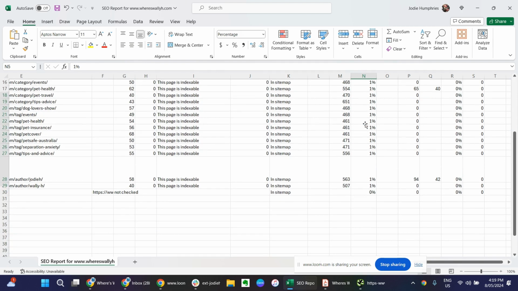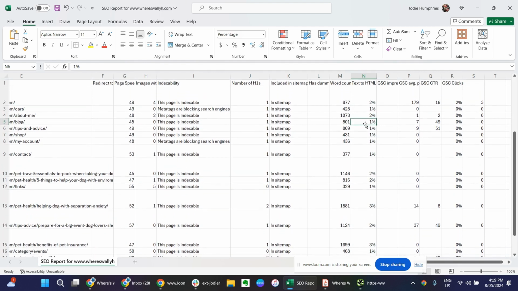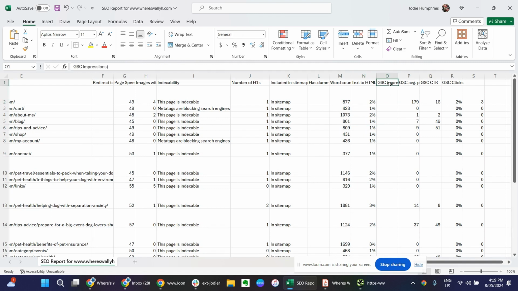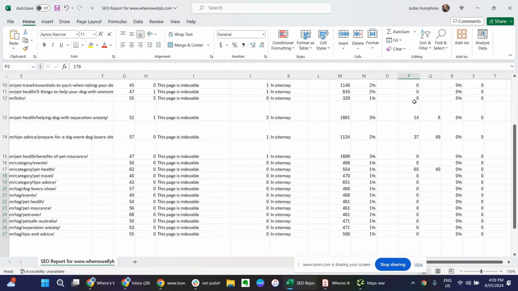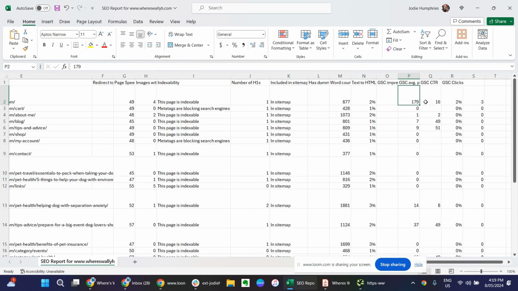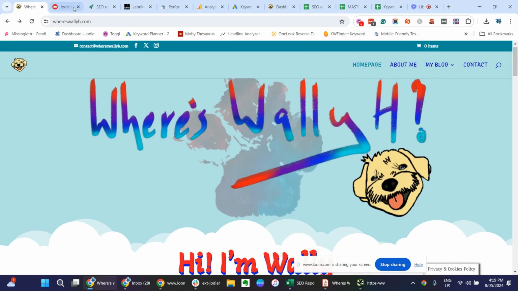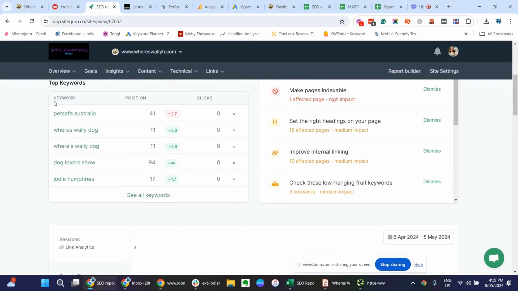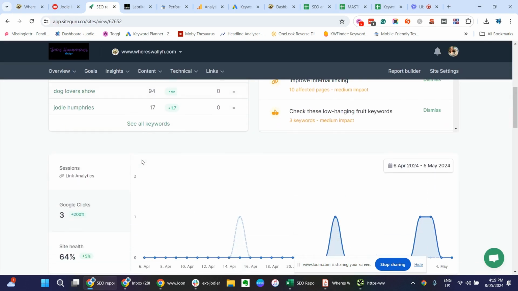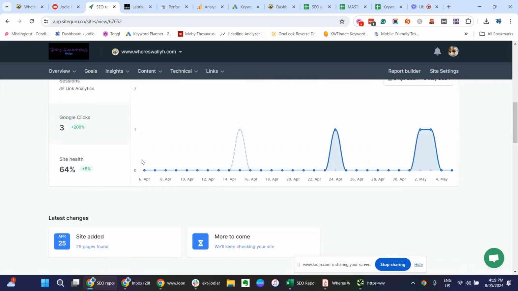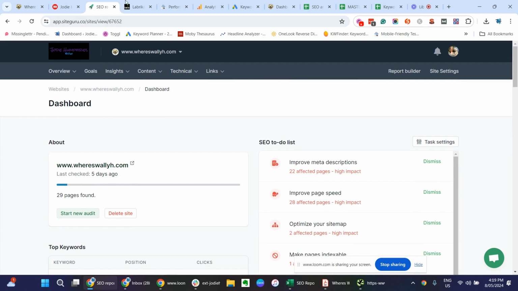It's probably good to have more text than HTML. But the benefit of doing this with Wally's site, because I obviously own it, is that I have access to the Google Search Console and Google Analytics, which means I have this extra data that won't be in anybody else's spreadsheet if I send it to them. That gives you the clicks and the rankings. So this is some extra data I get because I have the Google stuff linked in to this. So that's a base, and then I go